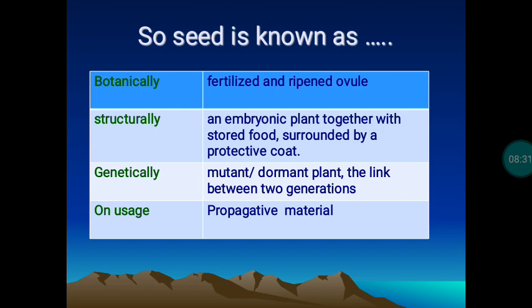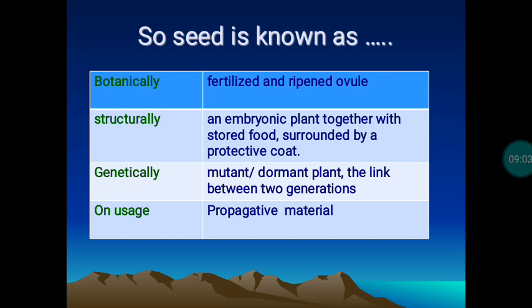Similarly, in the case of monocot, the tissue related to root and shoot development will be available in the embryo. Because of that, the structural biologists mention this word embryonic plant. Embryonic plant means it's an embryo in the case of monocot. In the case of dicot, it's the primary embryonic axis. Then the other phrase they are using is together with the stored food. Yes, all the seeds are given with